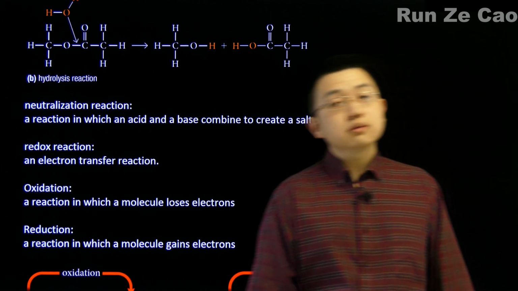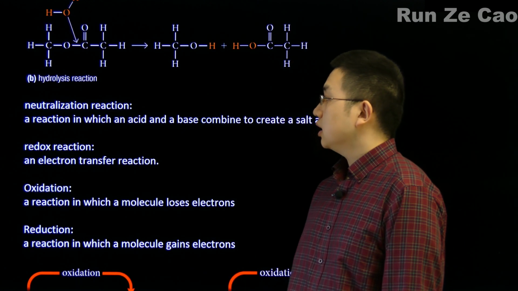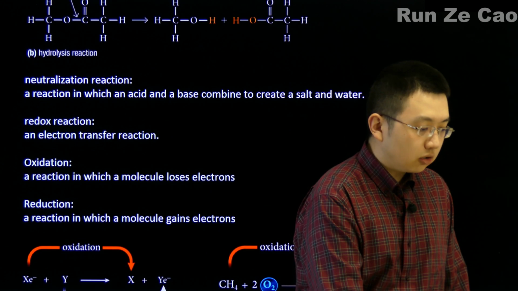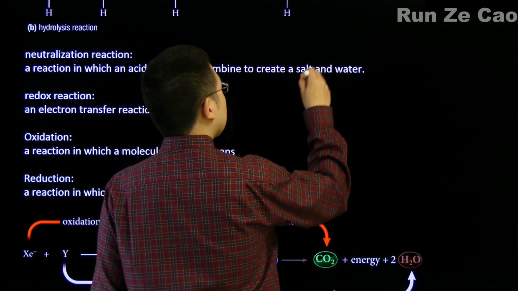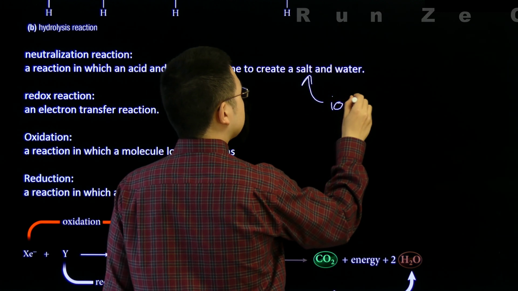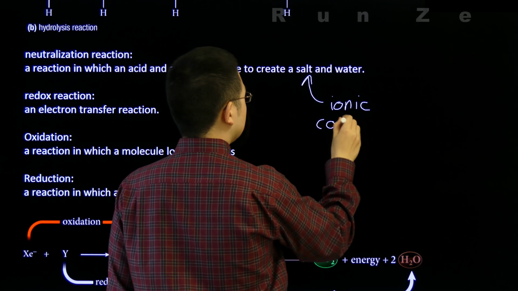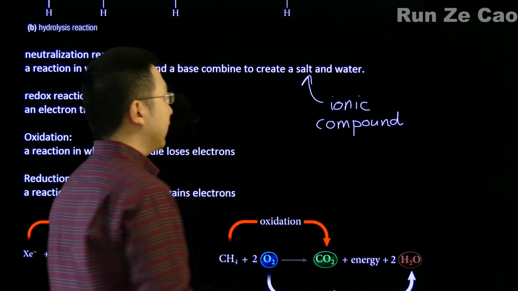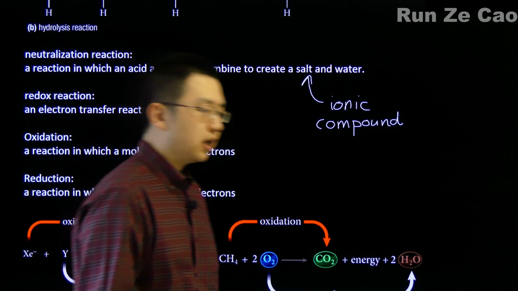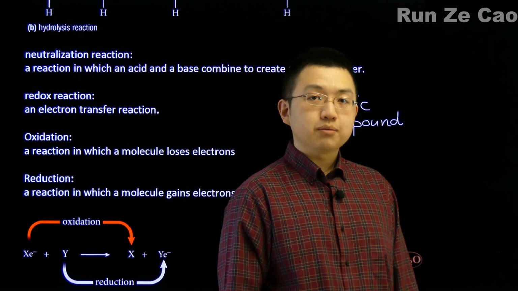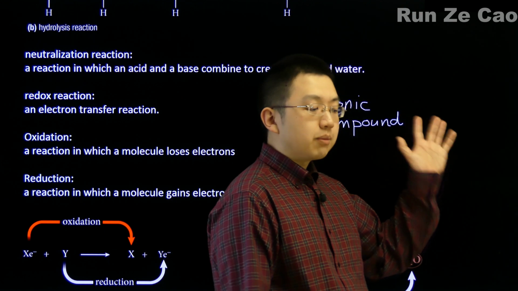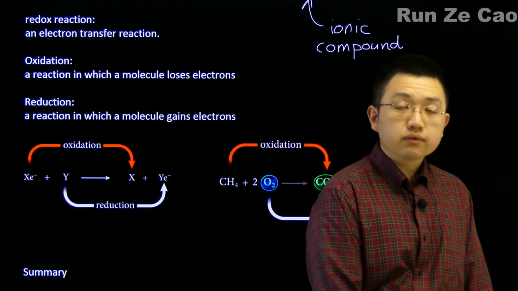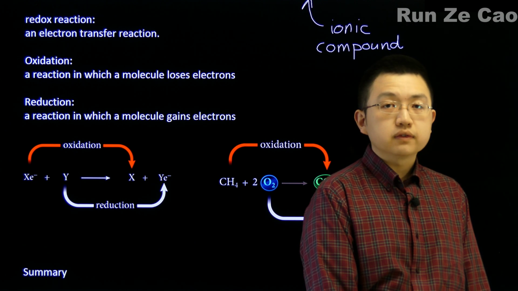Now, some other reactions we might have to deal with for biology are neutralization reactions, where acids and bases combine and create a salt and water. So salt is a general term for ionic compound. Whether or not this salt is solubilized in the water that's also produced, or whether it comes out as a precipitate, will vary depending on what we're dealing with. So redox reactions, well, they're electron transfers in the sense of, hey,